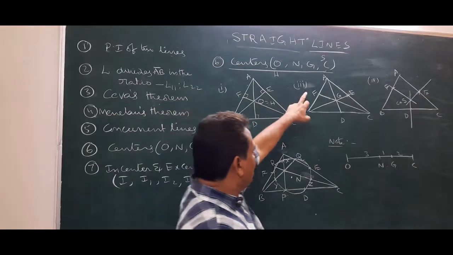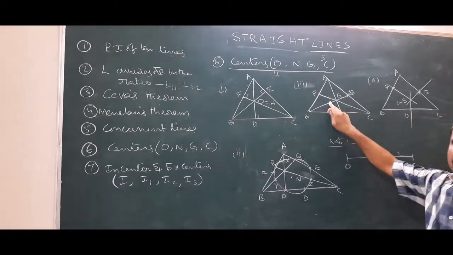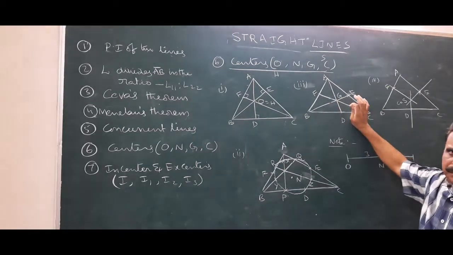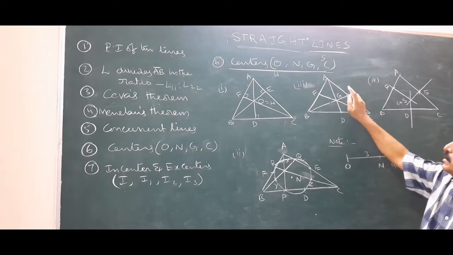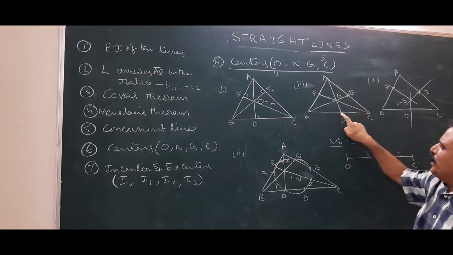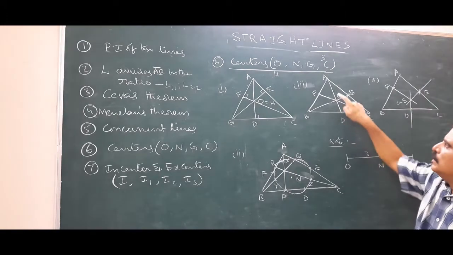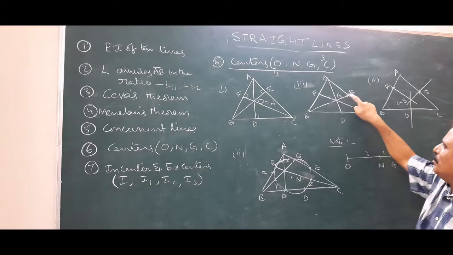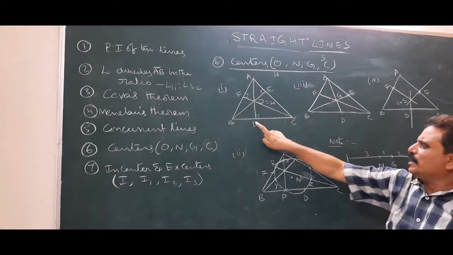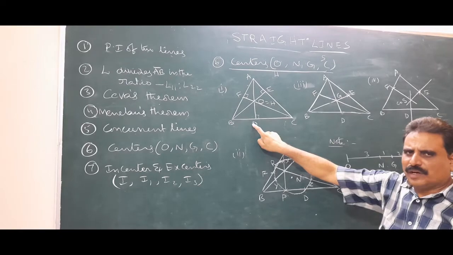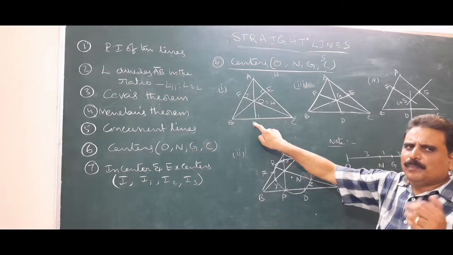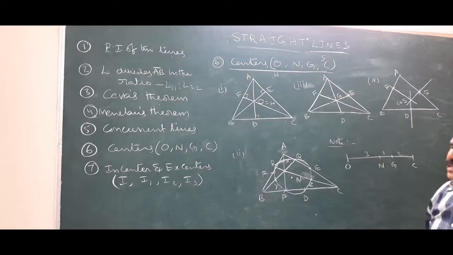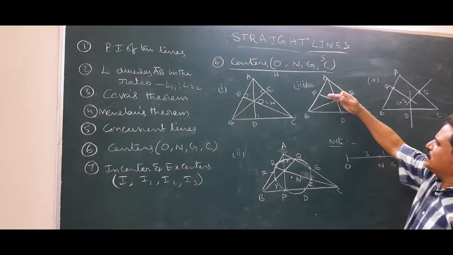Now we are coming to the third one, that is the centroid. In any triangle, medians are concurrent. Median means the line joining a vertex and the midpoint of the opposite side. AD is a median, where D is the midpoint, E is the midpoint, F is the midpoint. But in the orthocenter figure, D is not a midpoint. In the case of orthocenter, D may or may not be a midpoint, as well as E and F. Here, D, E, F are midpoints: AD median, BE median, CF median.